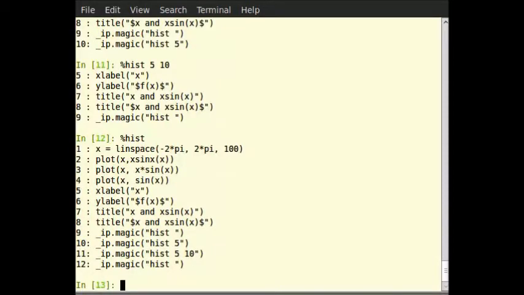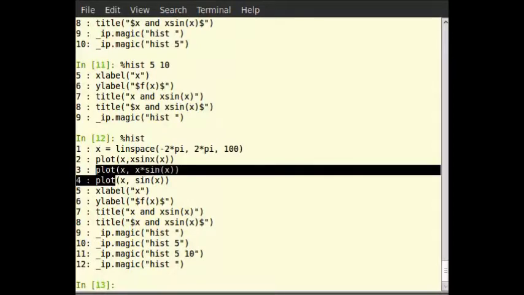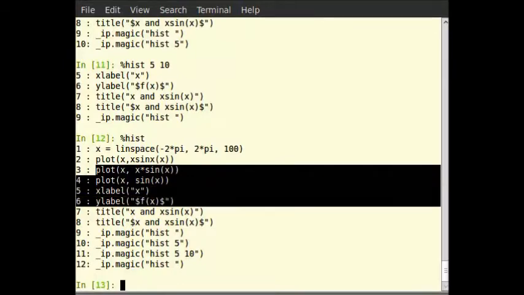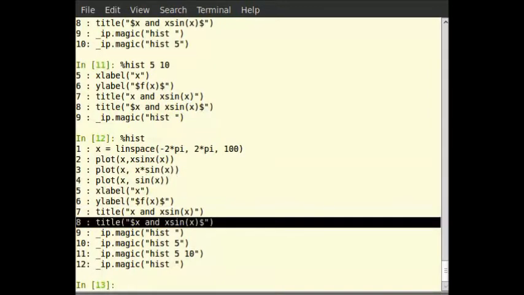The first command is linspace, but the second command is a command that gave us an error. Hence we do not need the second command. The commands from 3rd to 6th are required. The 7th command, although correct, we do not need since we are setting the title correctly in the 8th command. So we need the first, 3rd to 6th and the 8th command for our program.